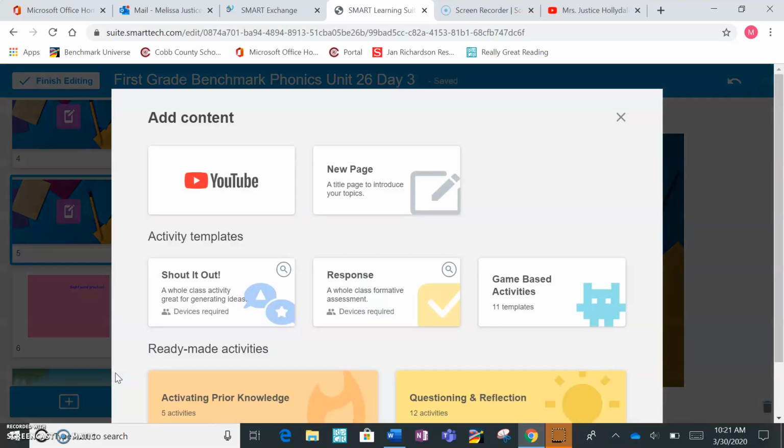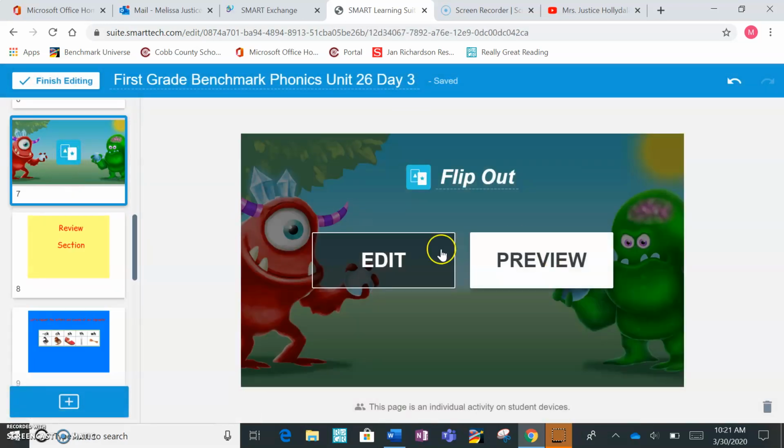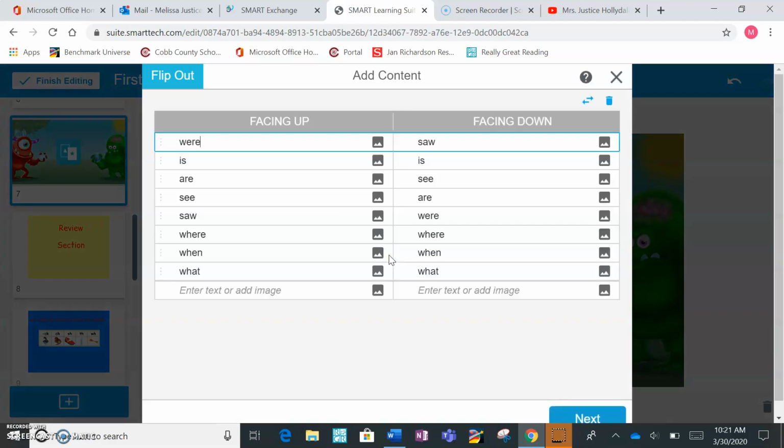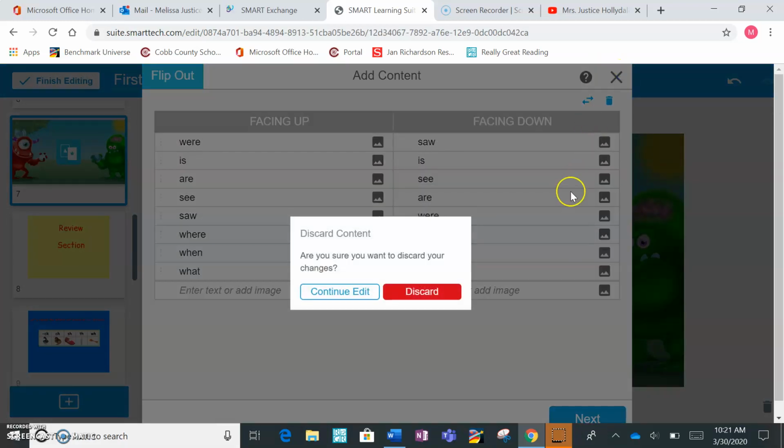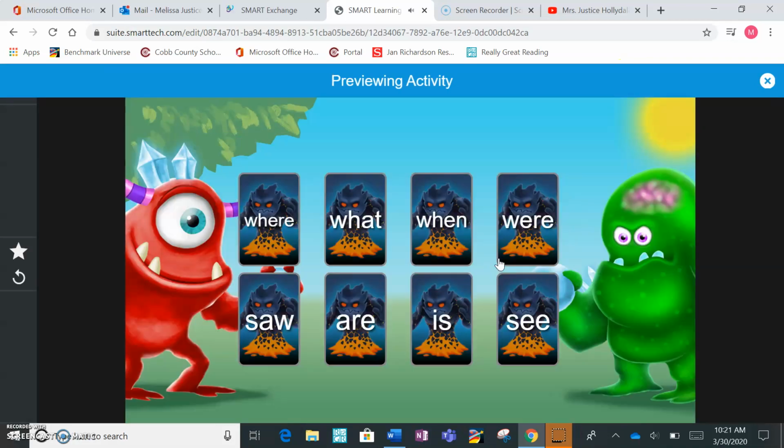Now we're going to go down and do a sight word game. Let's see. All right, now what I need you to do is read these words faster than me. Are you ready? There's a lot of W words, so look carefully.